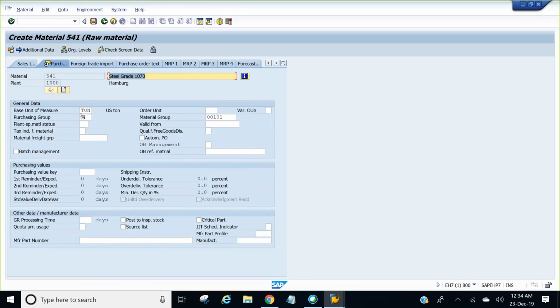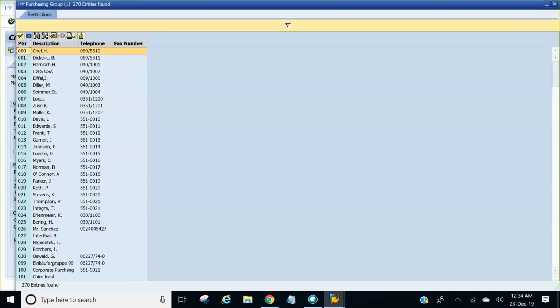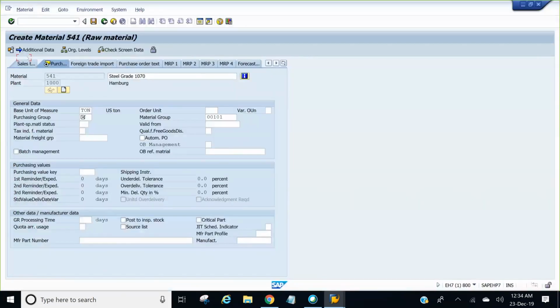So over here, you can see that checkbox means it is a required entry. So I'm going to put purchasing group. I can choose any purchasing group. Here is one more thing that I want to highlight. Now you see over here, the material came, now it says plant 1000, and now this is the plant level